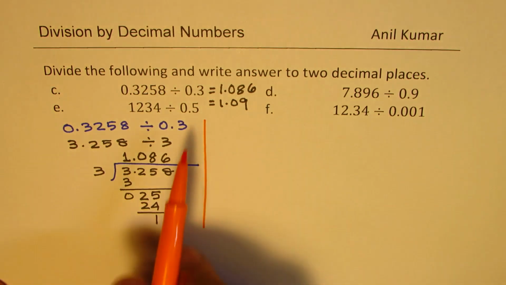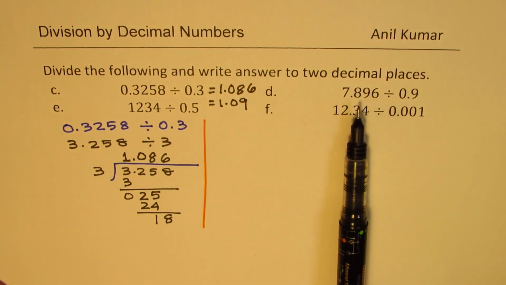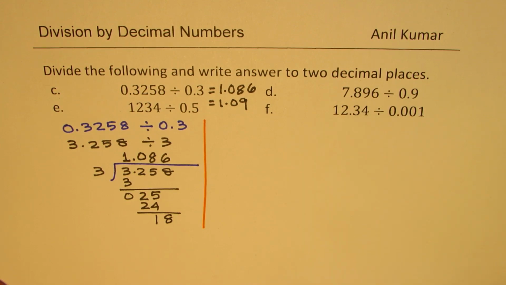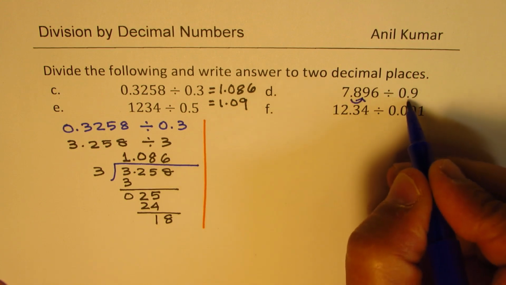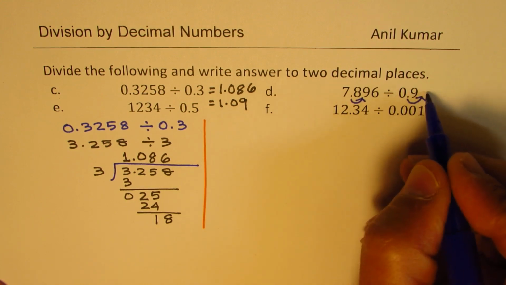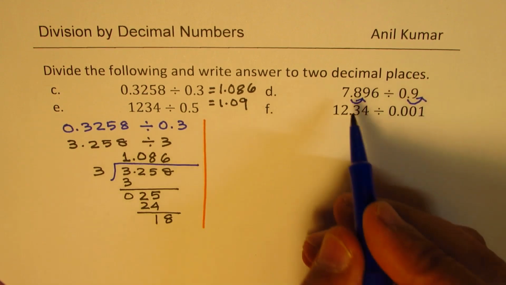I'm squeezing in. I need some space for the last 2. So the next one here, we have 1 decimal place. So what are you going to do? You're going to move this decimal to the next point, and here it becomes a whole number. Do you see that? So we'll directly divide now. Instead of